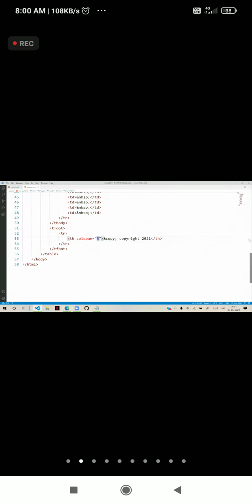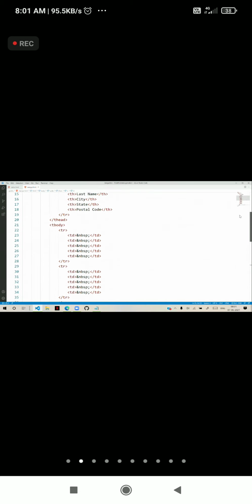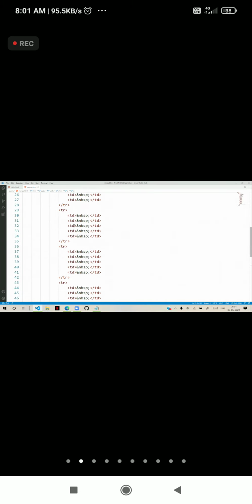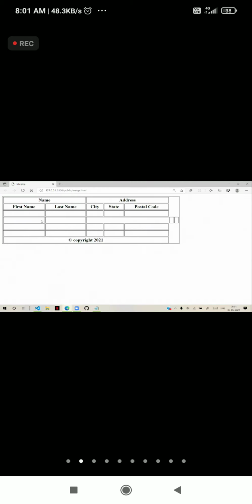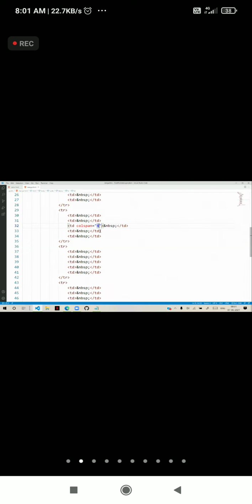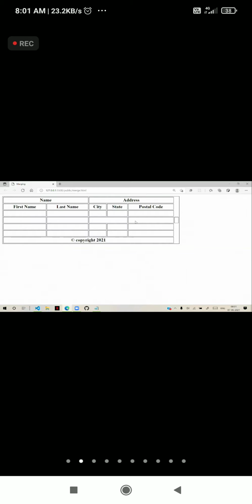Suppose somewhere here I am adding a cell, colspan is 4. You can see that cell is going to merge 4 columns, but it will shift because we don't have that number of columns actually. Suppose I said 2 columns, then it should merge 2 columns like that.